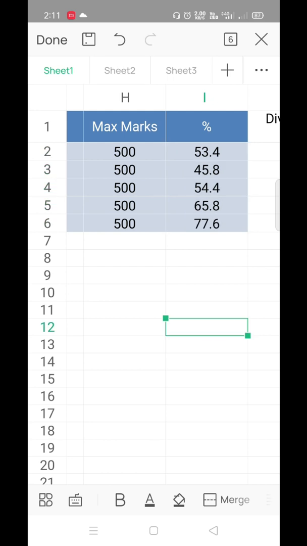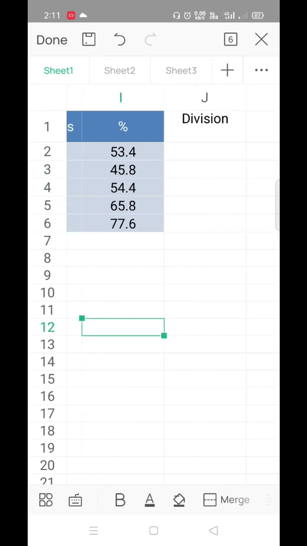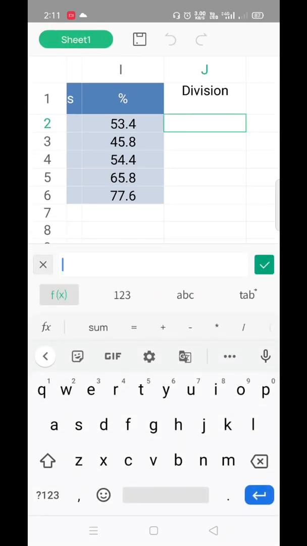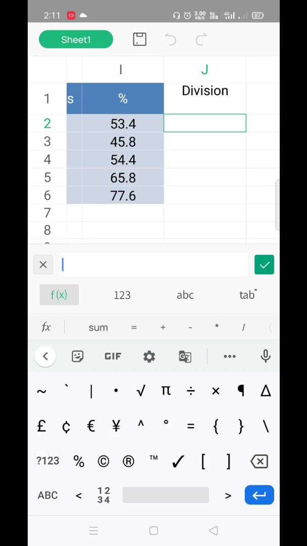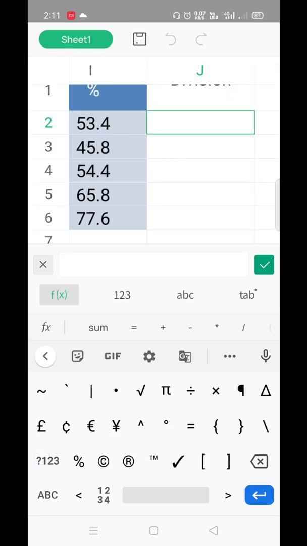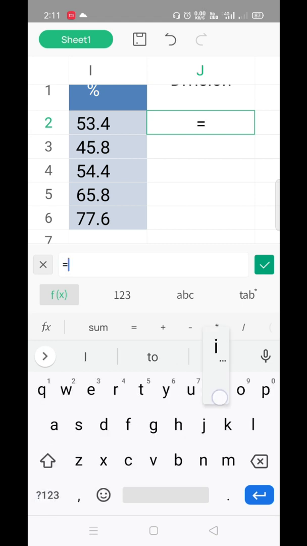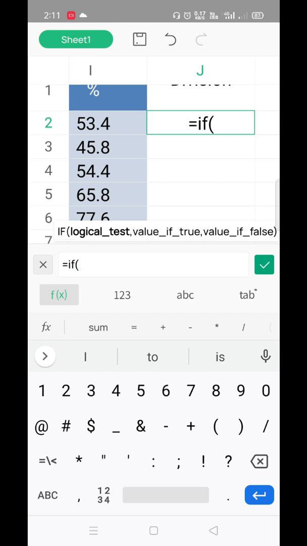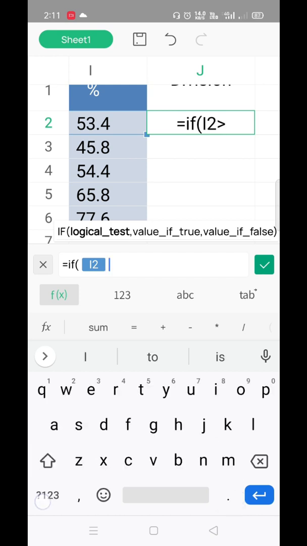So here we already know how to calculate sum and percentage. So what is new for us in this sheet? We are going to calculate division by the IF formula, logical formula. For this we have to put the formula in this cell. So let me type the formula. Is equal to, first we have to mark it, then IF, start the bracket and tap on your first percentage, that is I2. If I2 is greater than or equal to